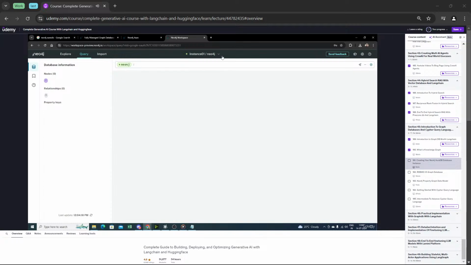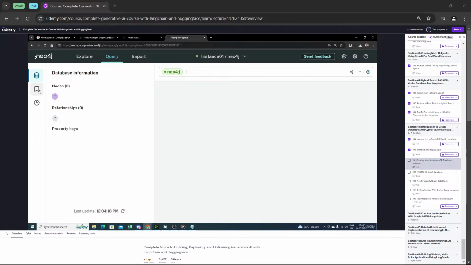Now you can go ahead and write your query over here, and based on that particular query, you can create your nodes, create your relationships, and create your property keys. So till here, please do all these particular steps